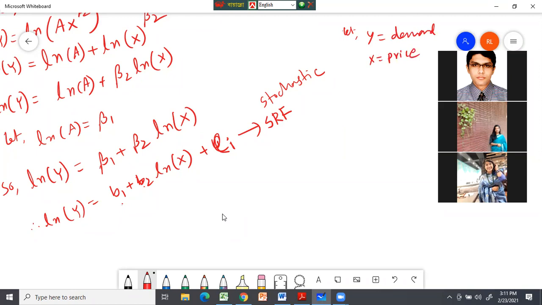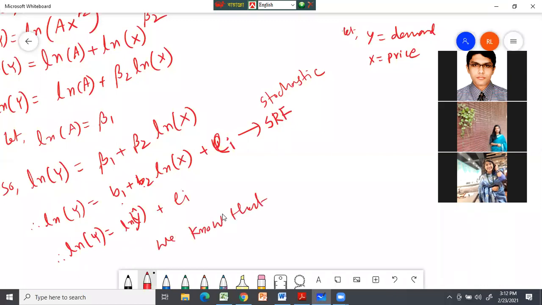Demand is dependent on the movement of the price. So in this stochastic sample regression function, we can write it like this, that ln y is equal to y hat, ln y hat,